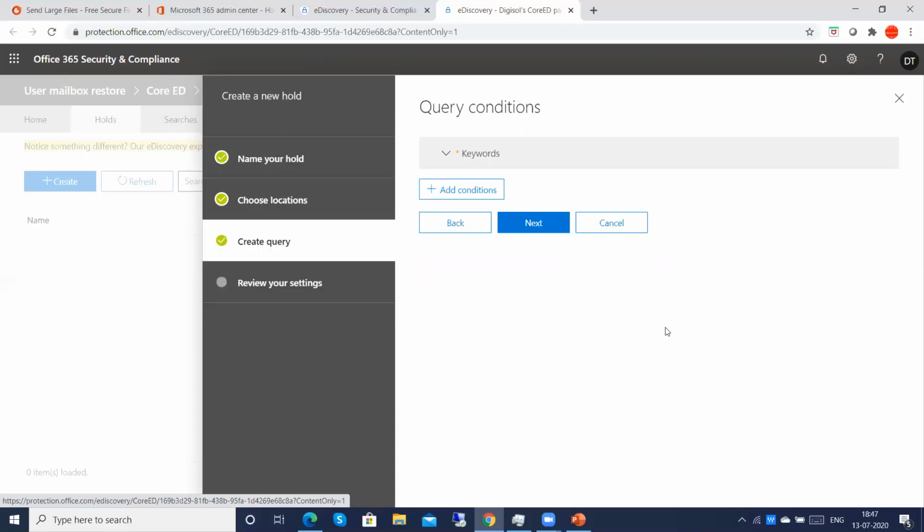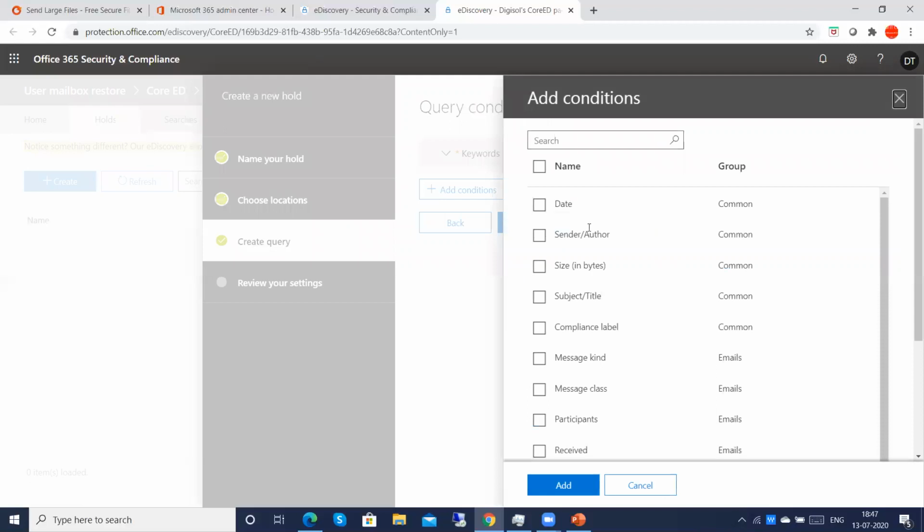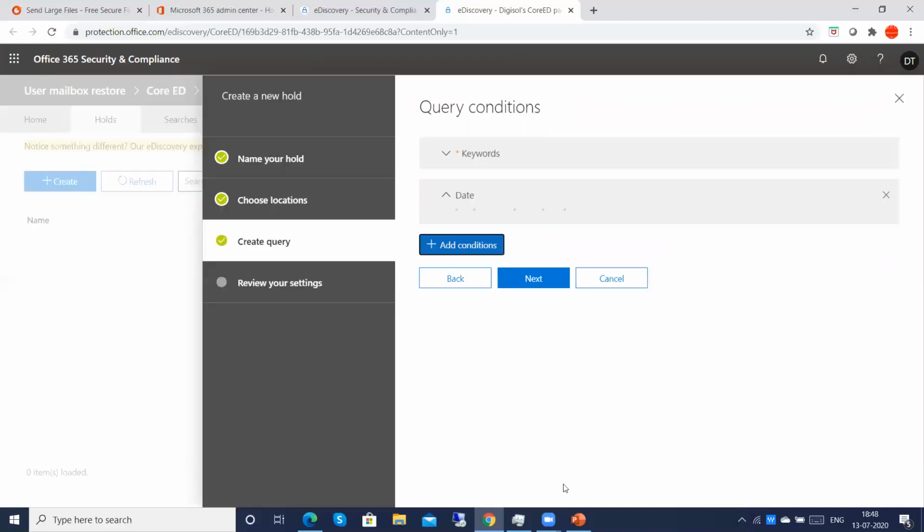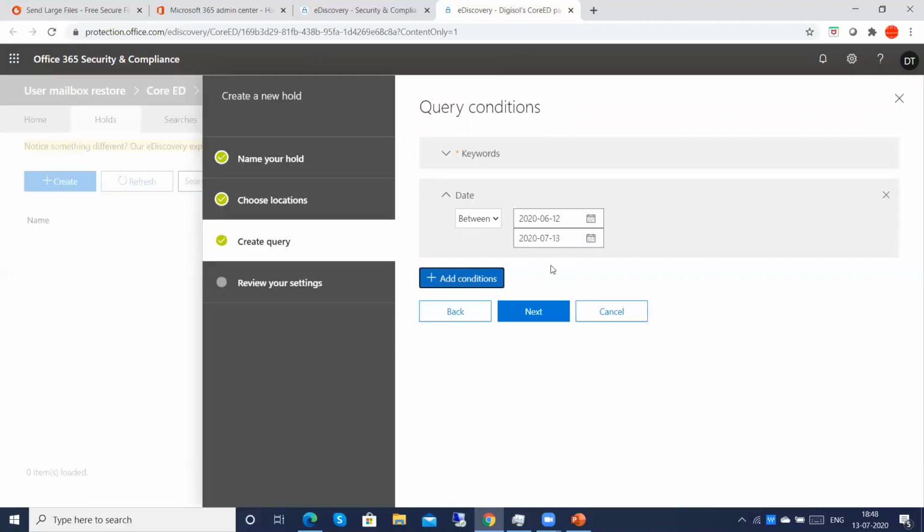If you want, we can define conditions like date, sender, receiver. But I don't require date and all, so I am not putting it. I am just searching without condition.